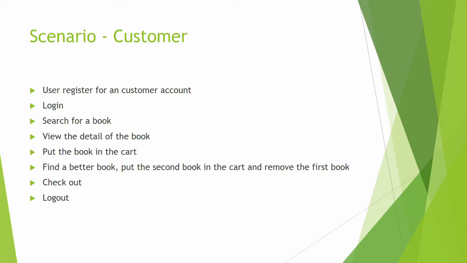For the customer, the user will first register for a customer account. The user will then log in, search for a book, view the details of the book, and put the book in the shopping cart. Later the user will find a better book, so they will put the second book in the shopping cart and remove the first book, finalize the payment and check out,